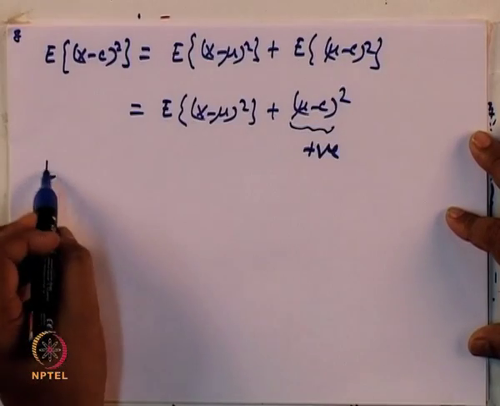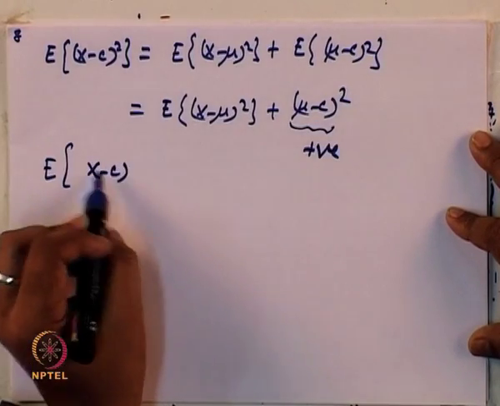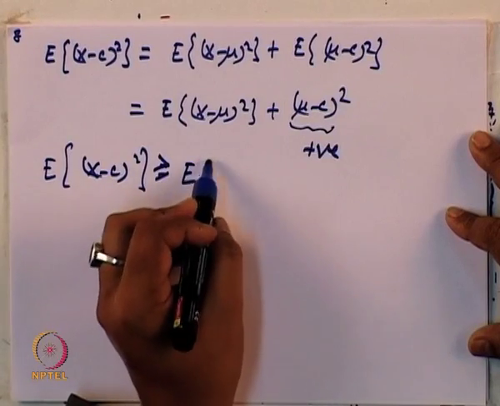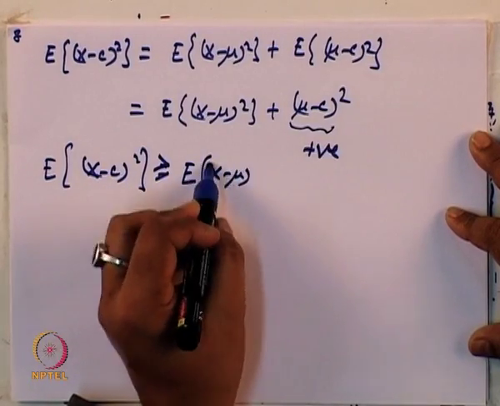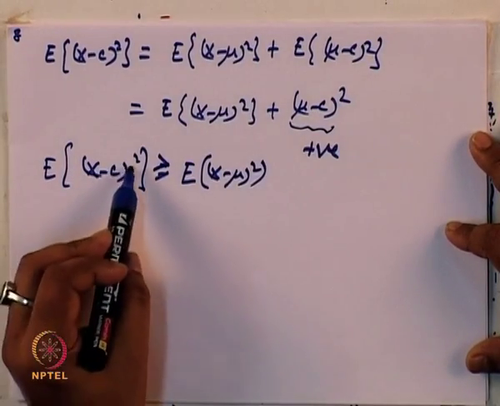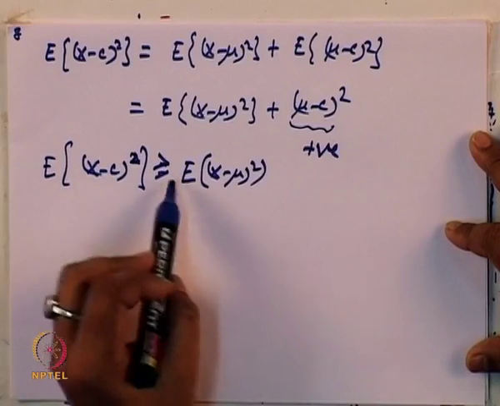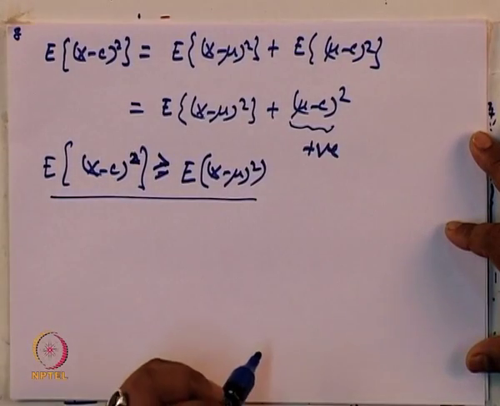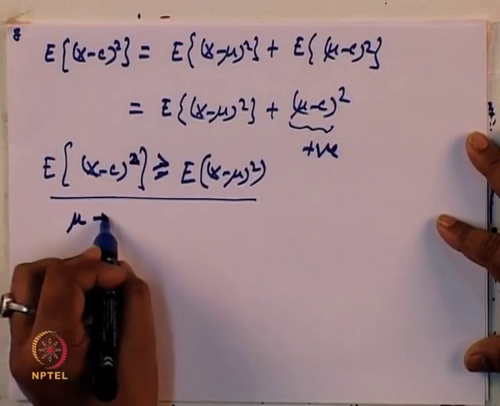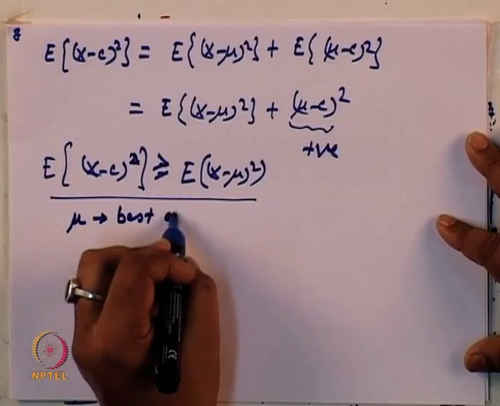So, I can write expectation of (x minus c) whole square is always greater or equal to expectation of (x minus mu) whole square. So, this means that my mu is the best description